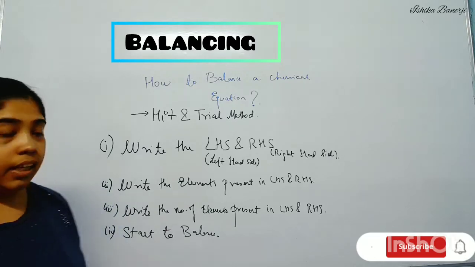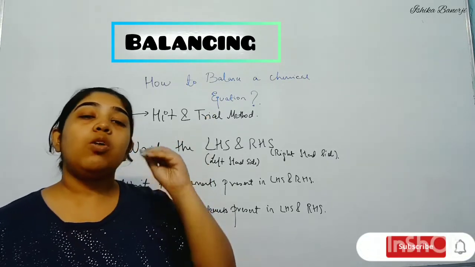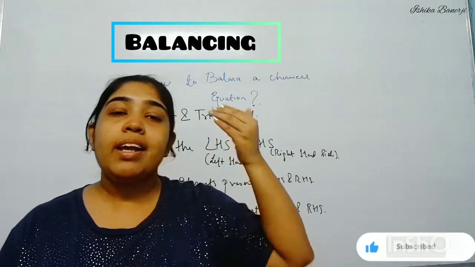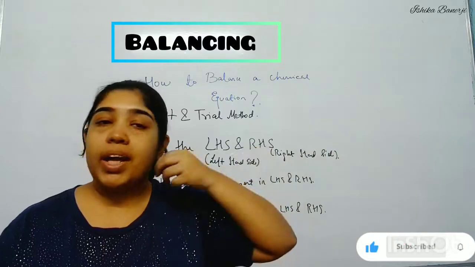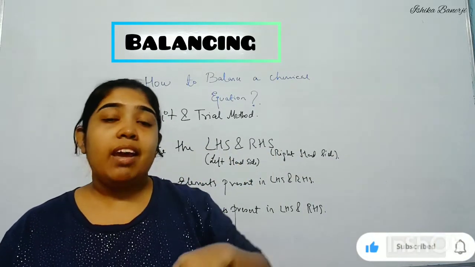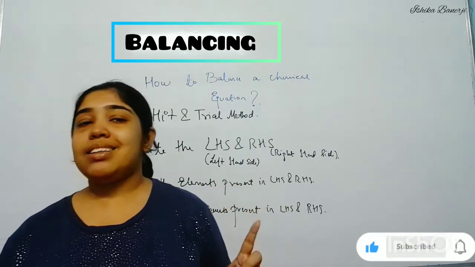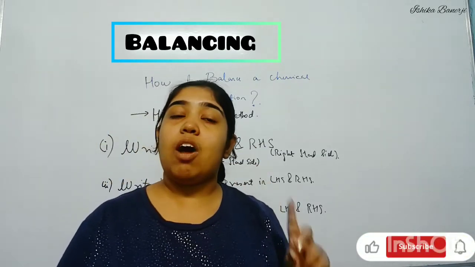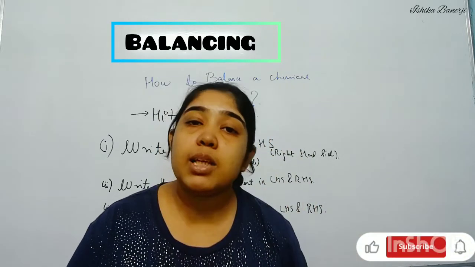Okay? Why is the name hit and trial given to this method? Because we do not know with what number, if we multiply, our equation will be balanced. So we are hitting on a number. If it goes, then it's well and good. If it doesn't go, we will try with another element. Always remember, in balancing, addition is not allowed, subtraction is not allowed, division is not allowed, only multiplication is allowed